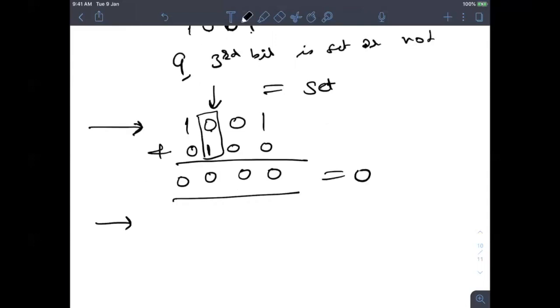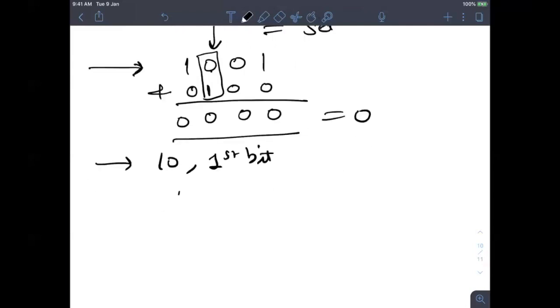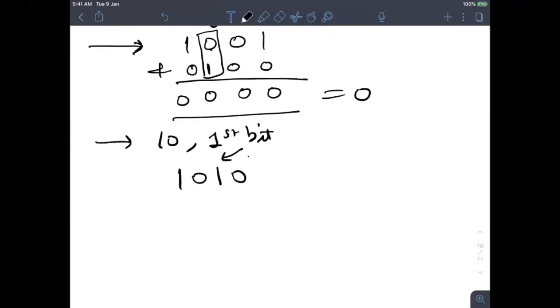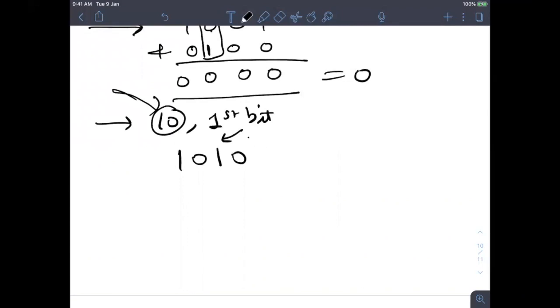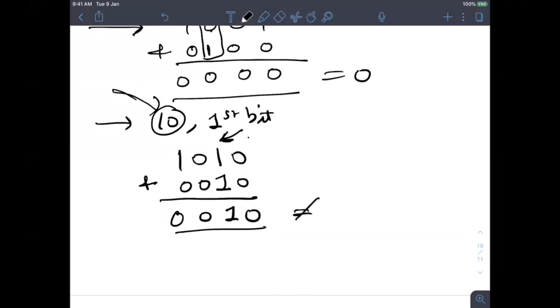Let's take a better example. Let's say we have to find the first bit of 10. 10 is 1 0 1 0. You have to find whether this bit is 1 or 0. In the computer you have the number 10, not this 1 0 1 0. Let's not think how we will do it. Let's say I put 1 over here and the rest everything is 0. Again I'm taking the AND with n, so everything else will become 0. But this bit will not become 0 because there is 1 above, right?